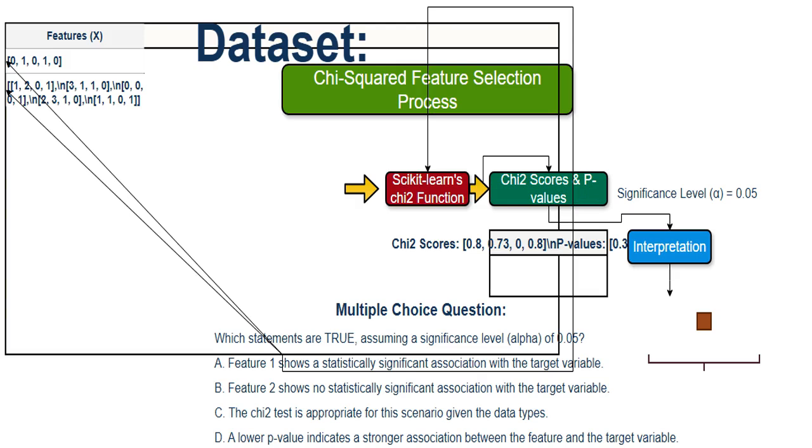I'm using a dataset with features x and a target variable y. The features represent characteristics of the data points, and the target variable is what I'm trying to predict. In this case, y is binary. It can only be 0 or 1. It's like trying to predict whether a customer will buy a product, 1, or not, 0, based on features like